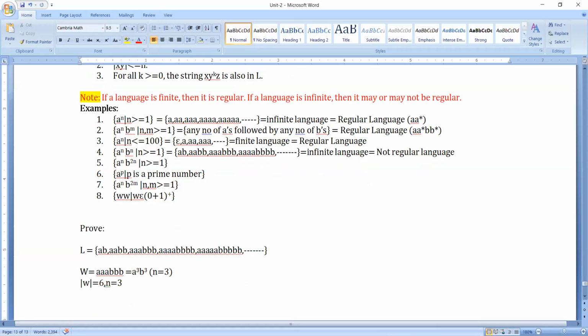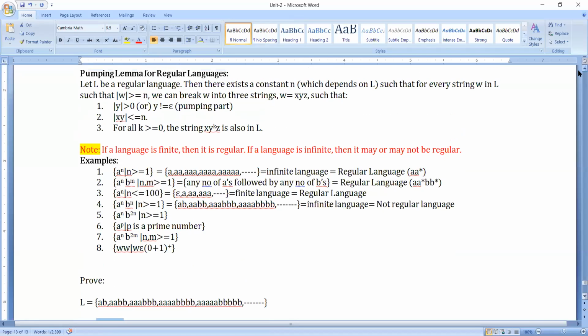The condition that we are going to check is length of W should be greater than or equal to n. Now 6 is greater than or equal to 3, so the condition is true. Now when the condition is true, we can go for selecting this string.